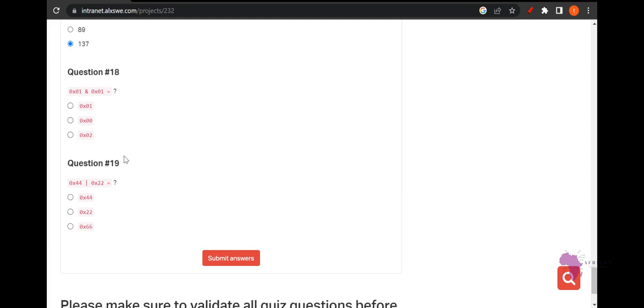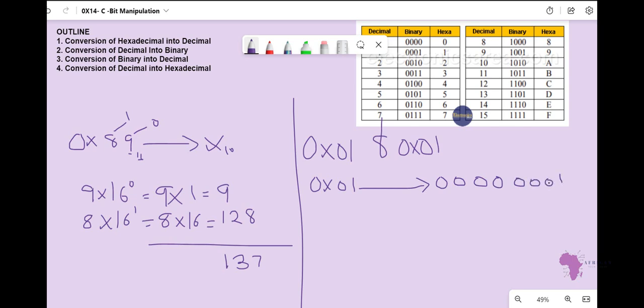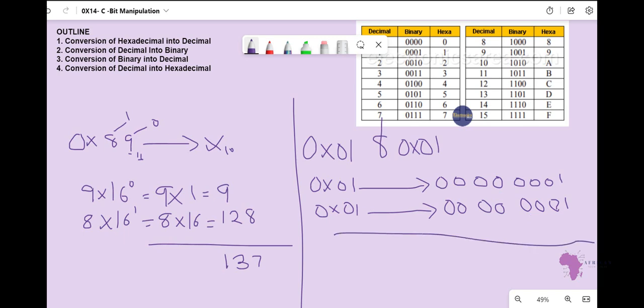Question 18, 0x01 and 0x01. So we need to find the values. In this case, we have 0x01 and 0x01. We need to find the binary of each. So how can we do it? The binary of 0x01 is equivalent to seven 0s and a 1 at the end. Another 0x01 will give us seven 0s and a 1 at the end. And means that when both of them